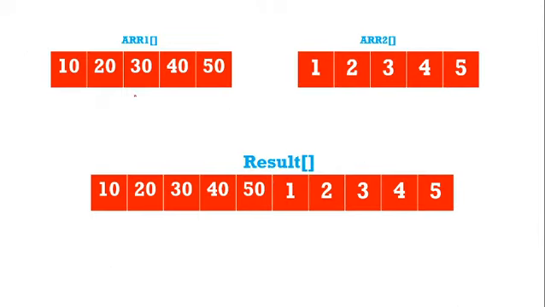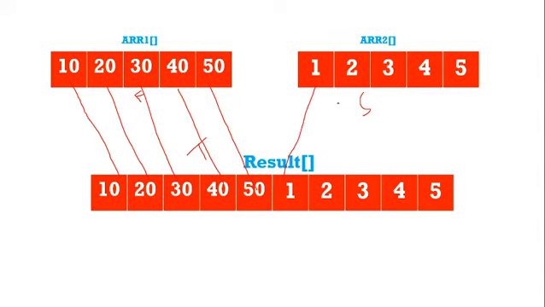For example, suppose this is the first array and this one is the second array. If you have to merge these two arrays into the third array, what you will do is store the first element of this array here, second here, third in the third index, fourth in the fourth index, fifth in the fifth index. Now from the sixth index this will be stored like this. So one thing is clear here: if the length of array 1 is n and the length of array 2 is m, the length of the third will be n plus m.